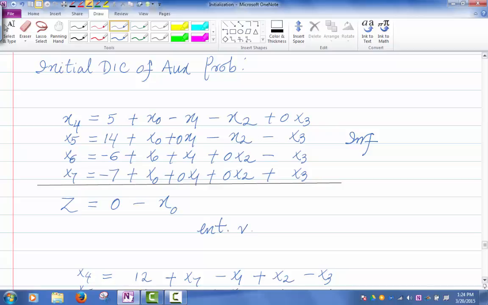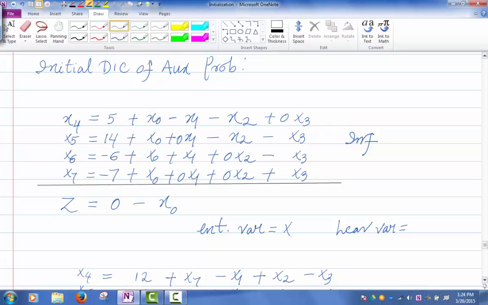What's the entering variable? And what's the leaving variable? Yeah, x0. Remember, for the auxiliary problem, always the first pivoting operation, x0 is forced to be the